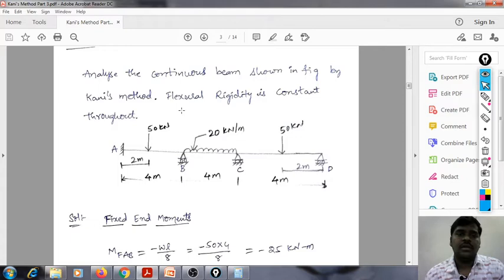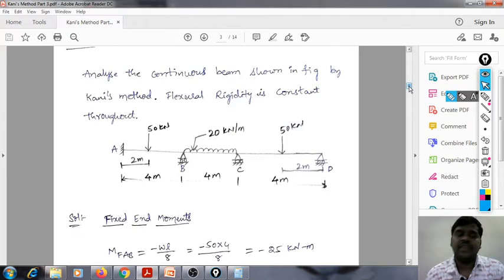In the middle whatever the support may be, but at the ends it must be a fixed support for the normal problem to complete. But here at D we have a simply supported, that is a roller support. So what we can do is modify using the previous videos and complete the Kani's method as usual. The first thing we have to find is the fixed end moments.